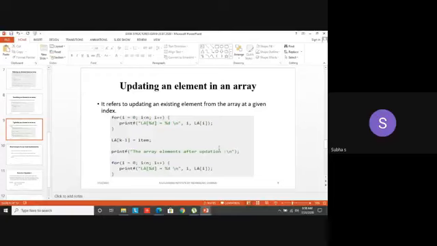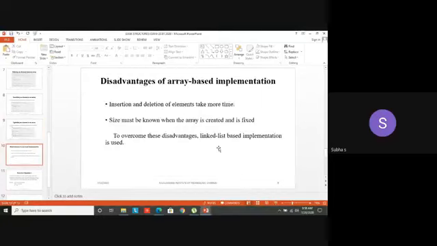Insertion, deletion, traversal, searching, updating. Got it? But there are some disadvantages in array-based implementation. As told, insertion and deletion normally take more time. Now we have only 5 elements, so it's easy to pick the particular position. I want to insert an element in position 63 of an array of size 70.